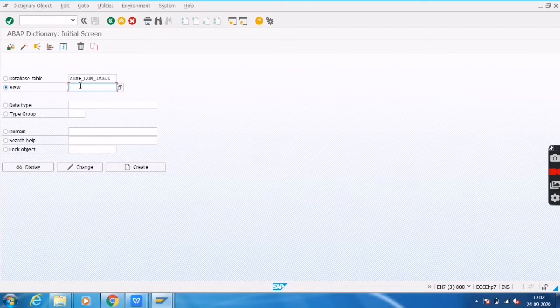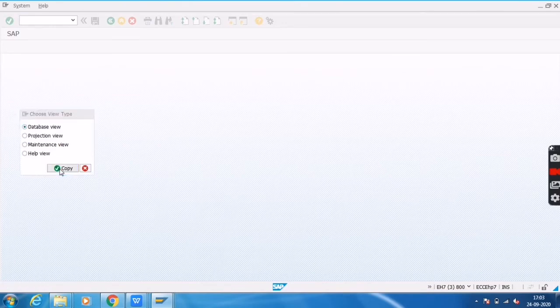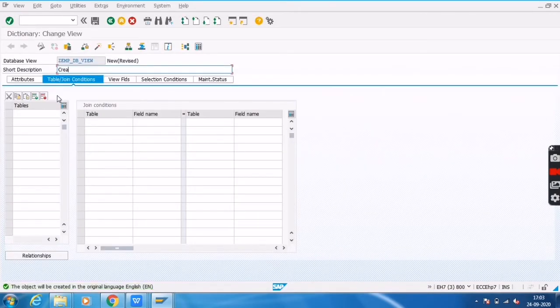Click on the view radio button, then EMP DBV. If you understand, DB means database view. Click on create, click on copy, creating database view.